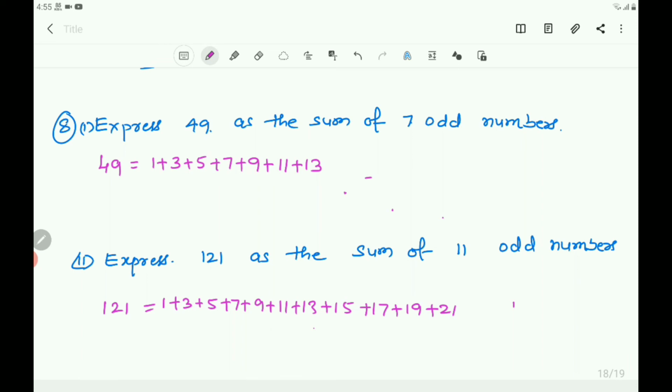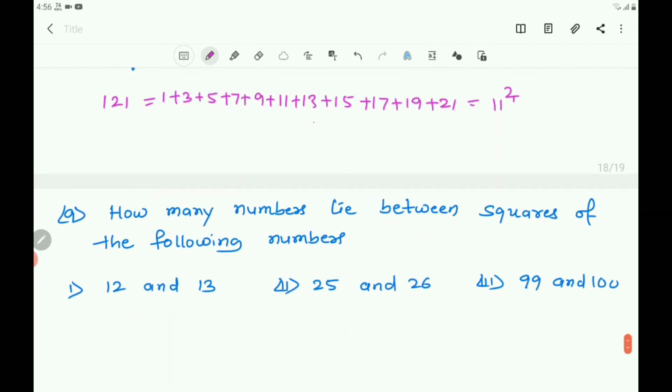Here you got the 11 odd numbers. So that is nothing but 11 square. Here it is 7 square. Here it is 11 square. Sum of 11 odd numbers, that is 11 square. Sum of 7 odd numbers, that is 7 square. The next one is,